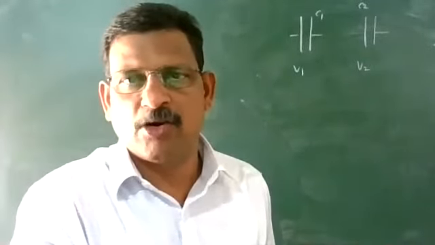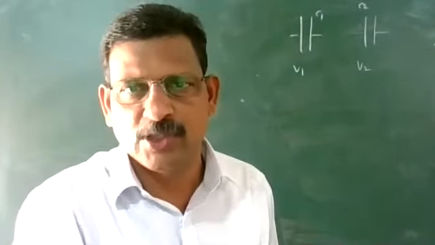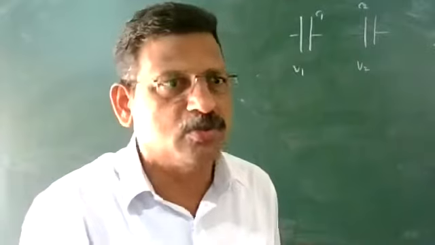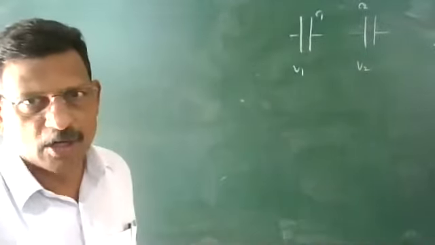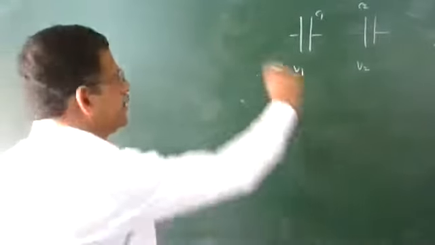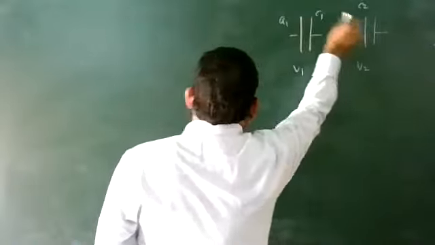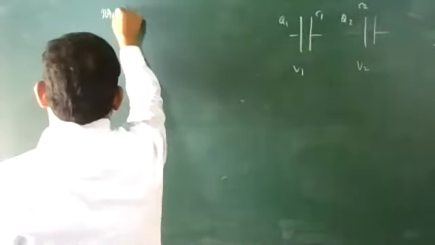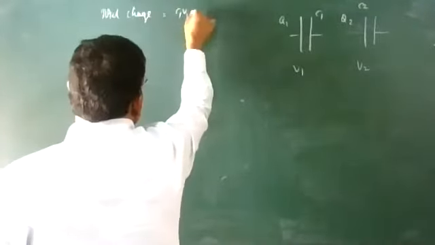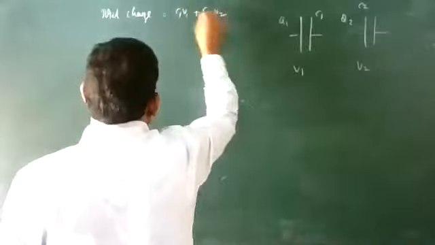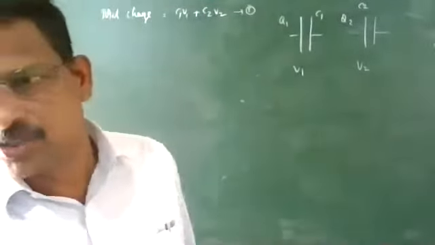So both have their own energy, half C1 V1 square, and the second one has energy half C2 V2 square, and the amount of charge also. We can see what is the total charge. What is the total charge on the first and second? Total charge क्या है? पहले में charge लेंगे V1, इसमें charge लेंगे V2. What is total charge? Total charge is equal to C1 V1 plus C2 V2. Equation number 1. This is the total charge.